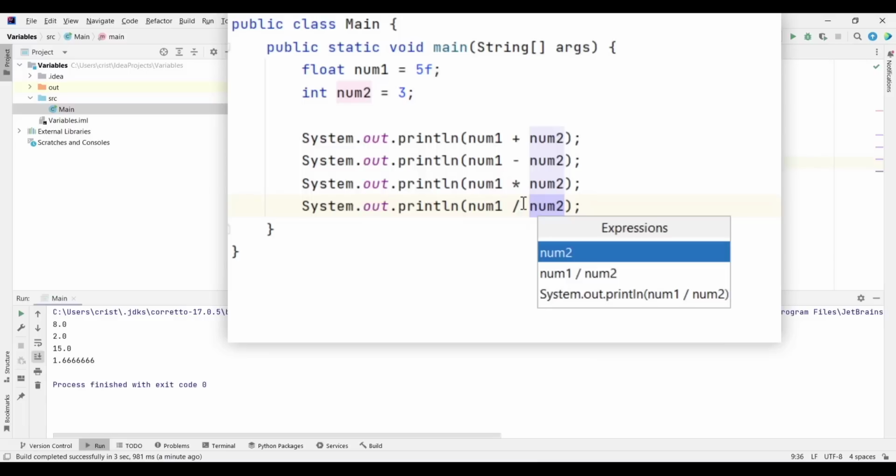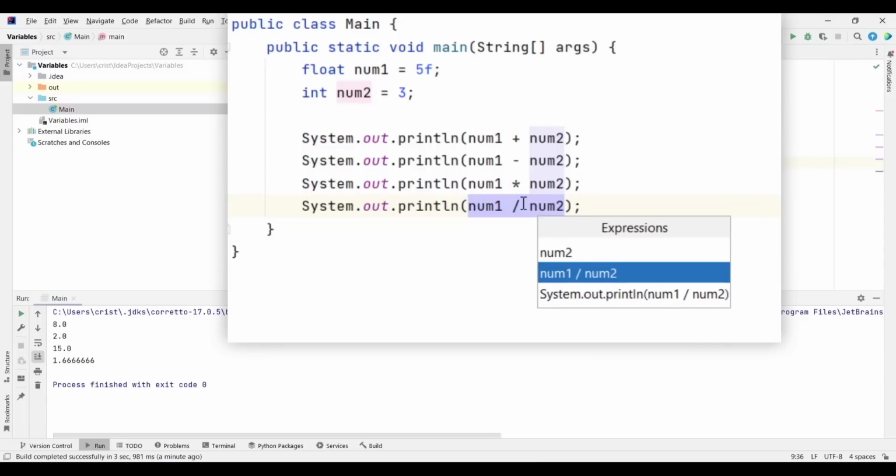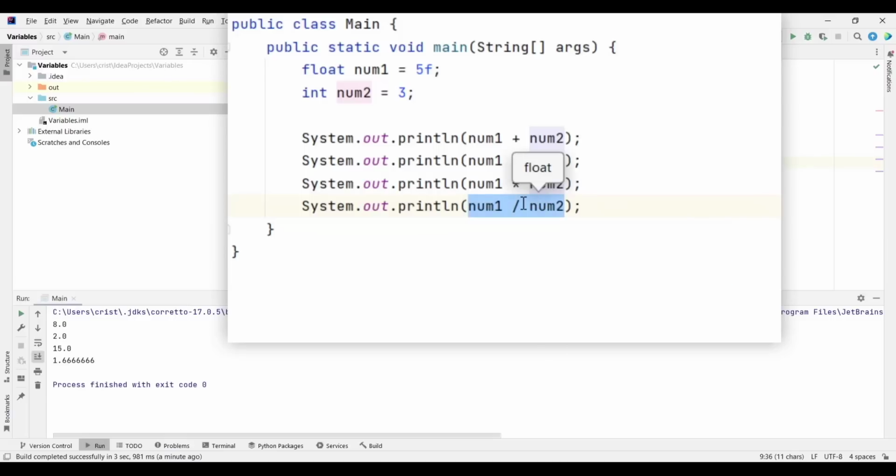You can select num1 or num1 divided by num2, and this shortcut allows you to see what num1 divided by num2 is, whether it is a float or an int. So if you press enter, as you can see, we have this pop-up which says float. So this entire expression is a float. It's returning a floating point number, which is this number down here, 1.666.